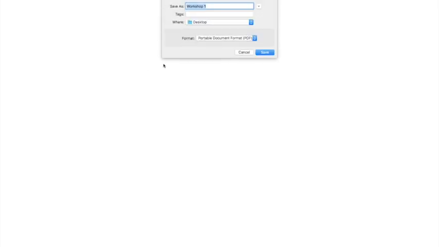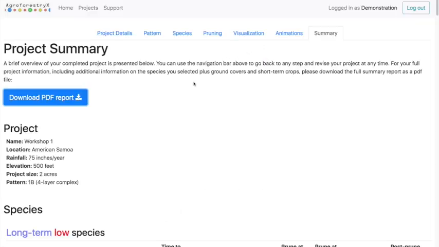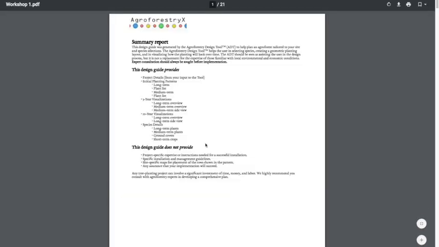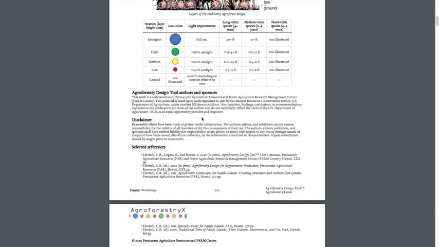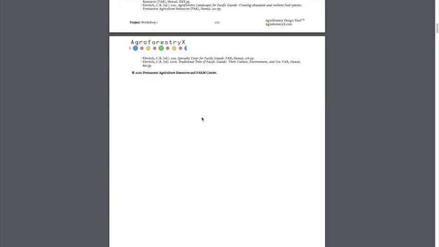You're going to want to save this somewhere on your computer. It will download, and then you can go ahead and open it up. And here you have a 21-page report that has basically everything that we saw in the summary and a little bit more.